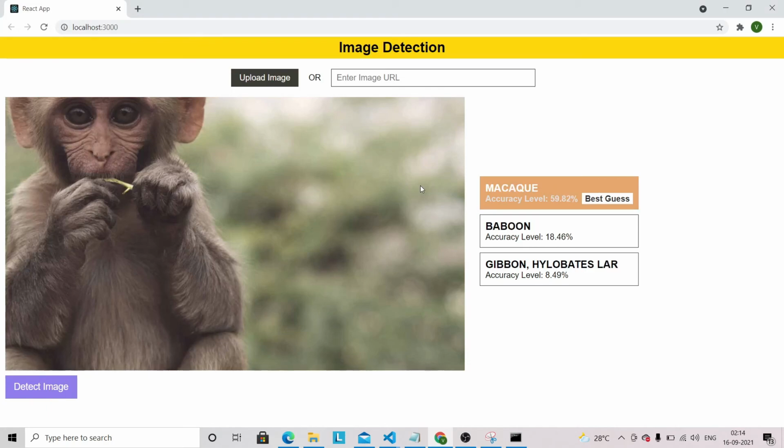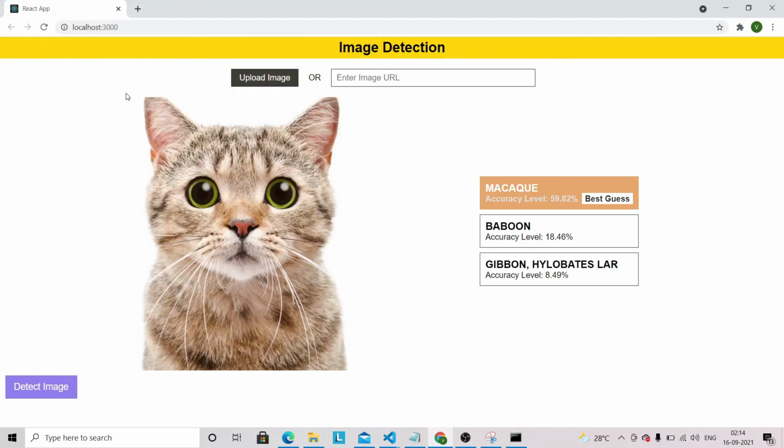This monkey comes under this category, and the accuracy level is 59.82%. Let's upload this cat image as well and click on detect image. This is the Egyptian cat, and the accuracy level is 55.39%.